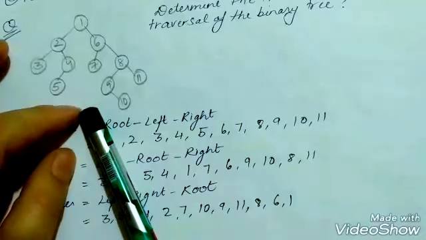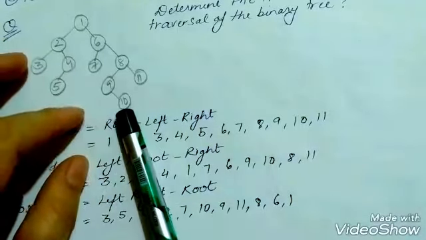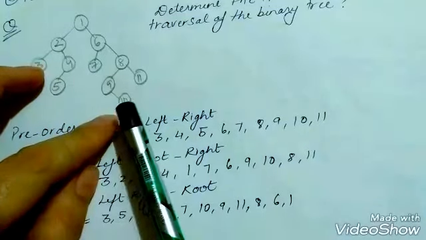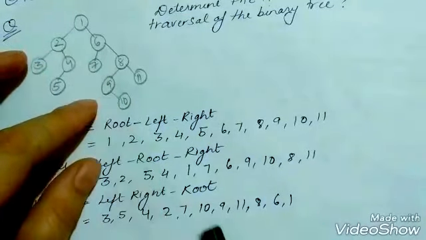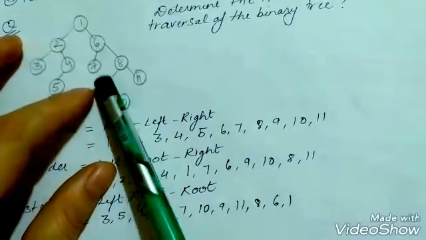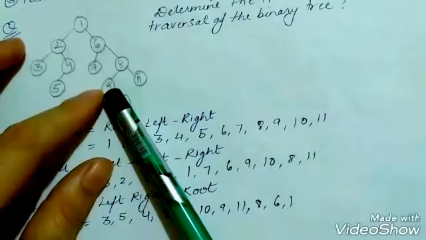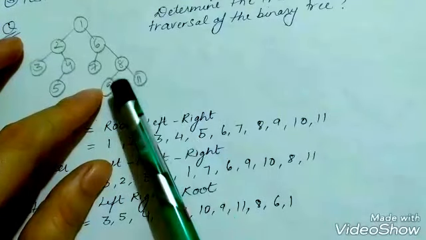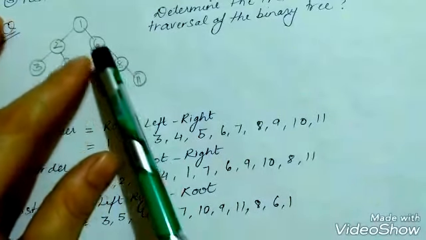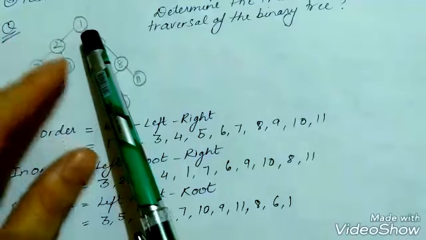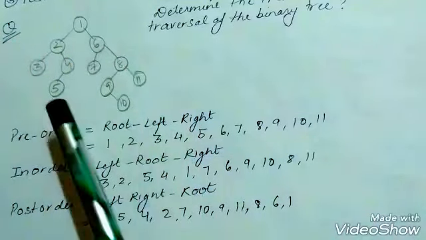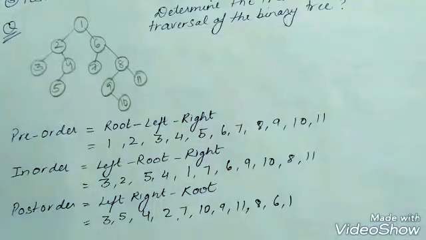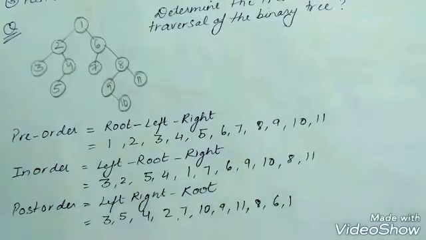So there is nothing in the left position. So we just take 10. And then 10 is at the right. So right, and then no root. So 10, 9. And after that, we have done with our left position. So from here, we move to the right. So we take 11, and then we take 8, and then we take 6, and at the end, we take 1. This is how we traverse in post order. I hope I am making it clear, but even if it isn't very clear, just try and apply these rules by yourself to these nodes, and you will get your answer.